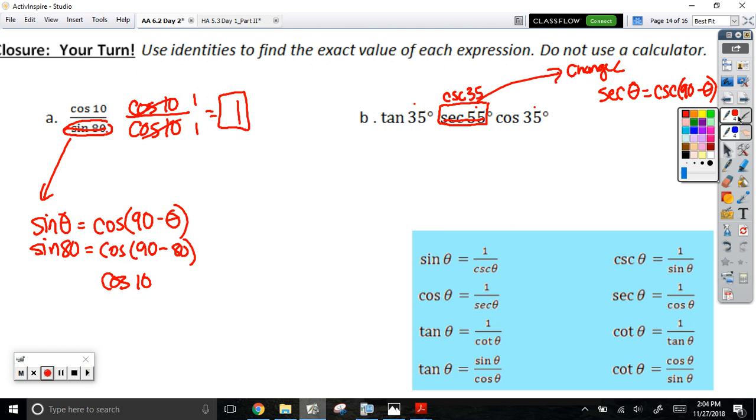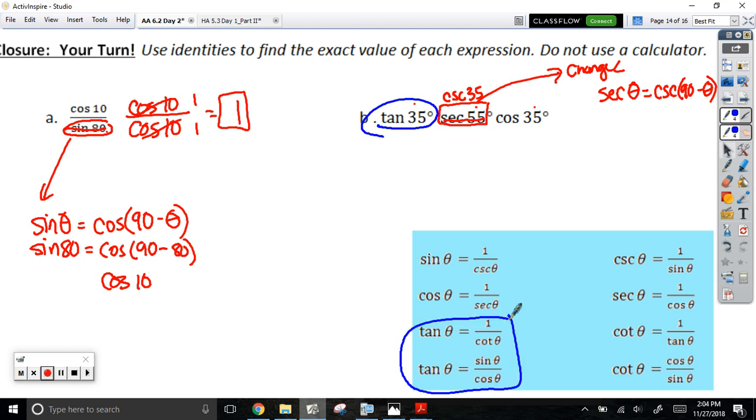Then we need to start rewriting. Tangent. Look at our formula sheet. And we have two options for tangent. Which one do you think would be the best option looking ahead at the other problems? See, cosecant and cosine. So I'd probably choose the one that has the cosine in it. So I'll make this sine 35 over cosine of 35